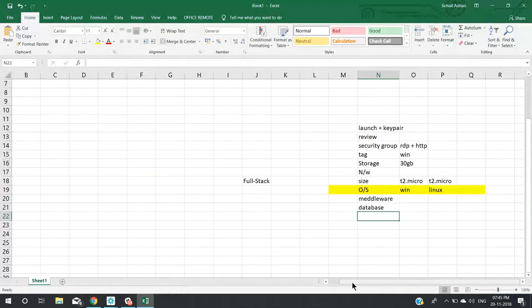After this, you will have your application package, and then you will have your application. So typically, this is the 5 layers that you follow. For example, if somebody comes and says, give me a full stack for Windows, mostly what he's trying to articulate is